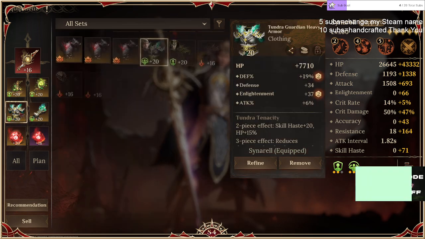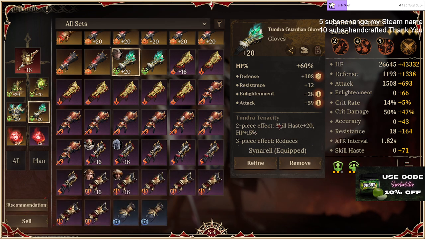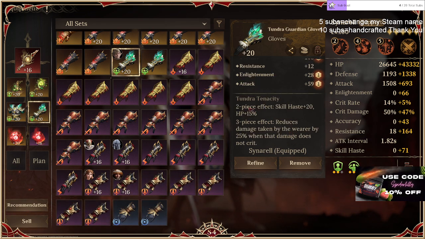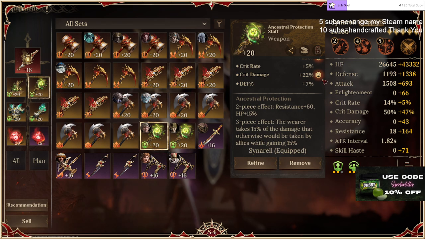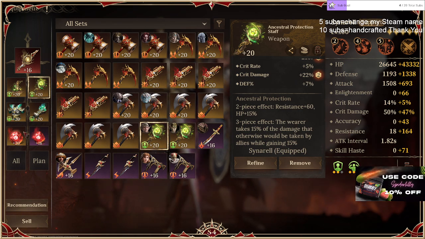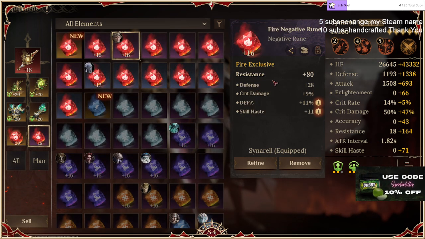Okay? I have him in the Tundra Guardian, and the 2 set gives him skill haste and HP percent. Okay? Resistant and HP percent. You know, this is an HP. I want him to survive. Okay? He has a defense rune. He has a resistance rune here. And, you know,